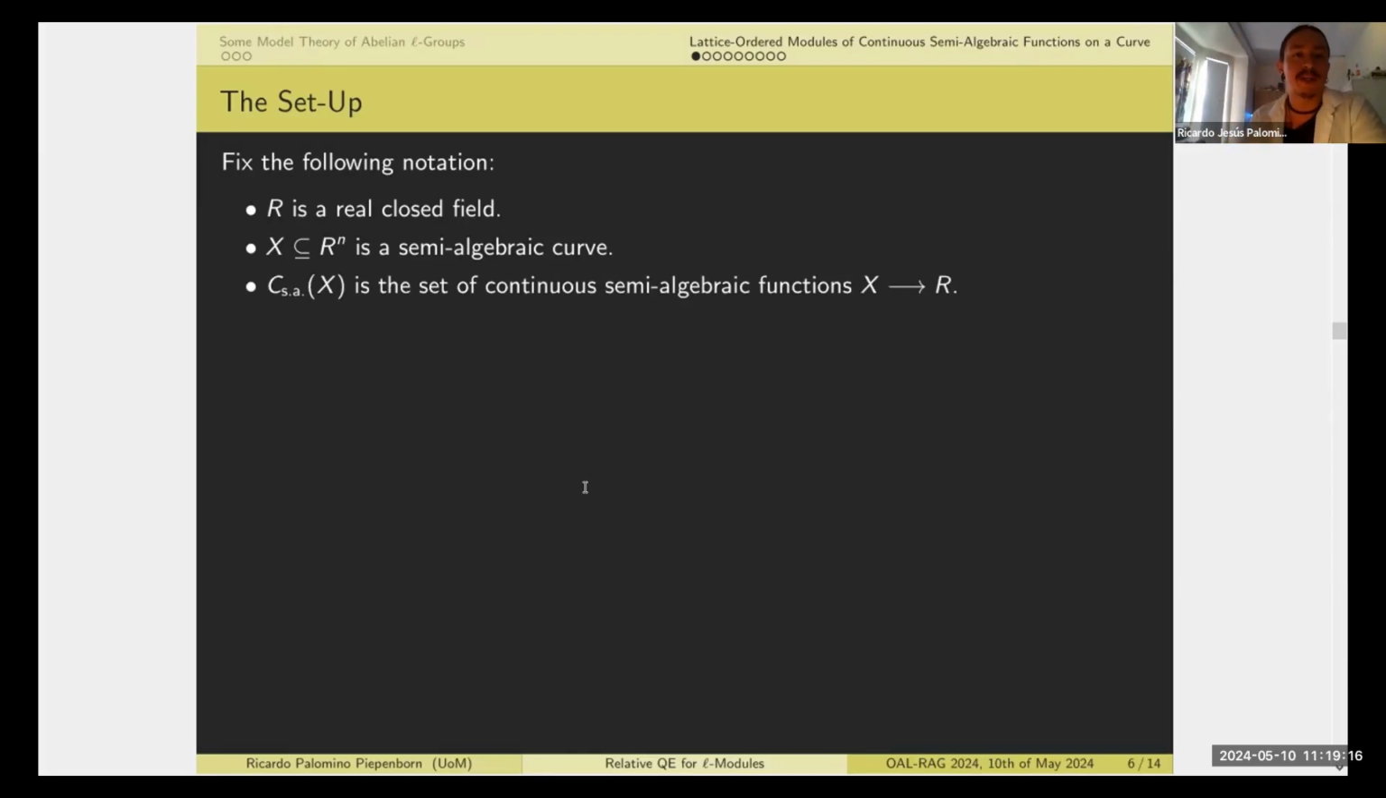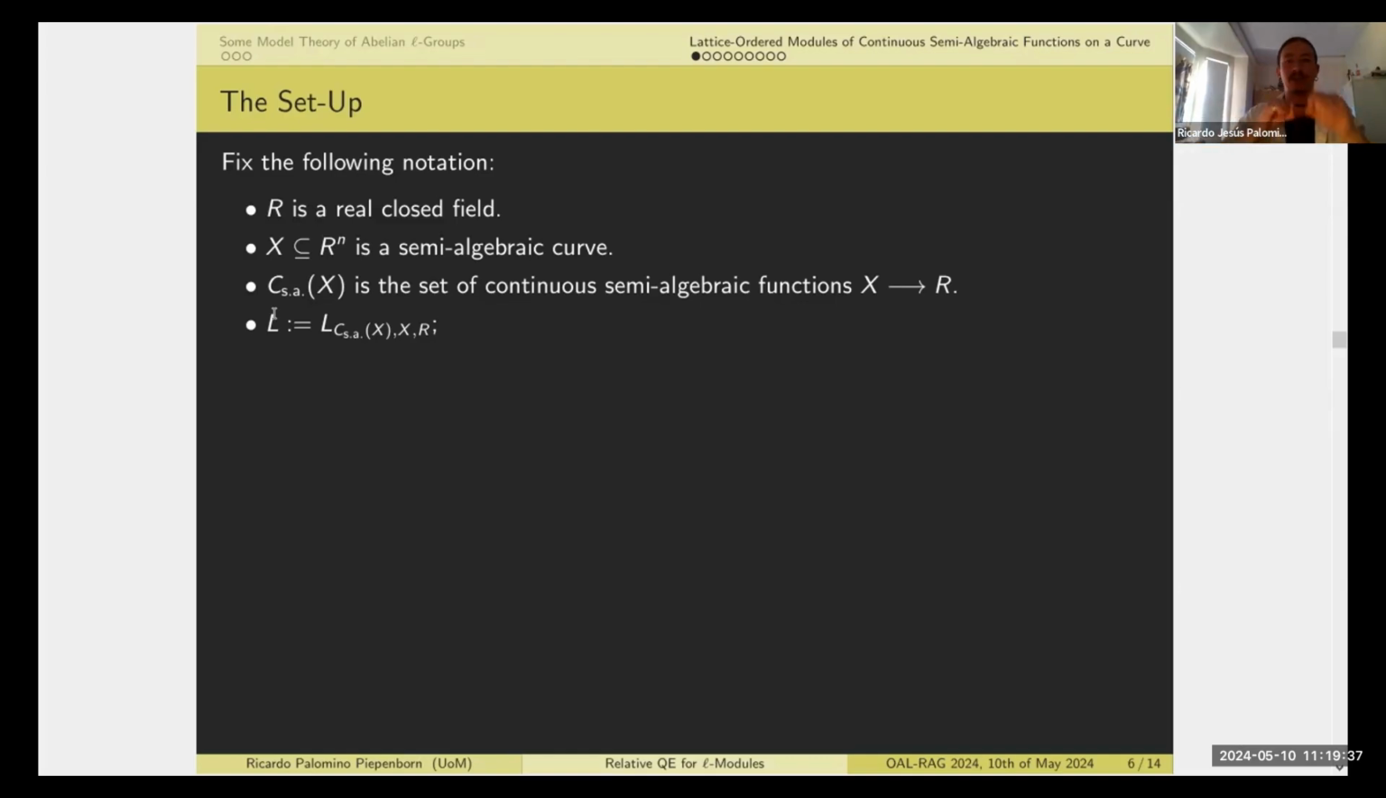And I will denote in this way the set of all continuous semi-algebraic functions from X to R. Good. So as before, I can now consider also the lattice of zero sets of functions in here. And this I will just denote by L throughout the rest of the talk. Note that every